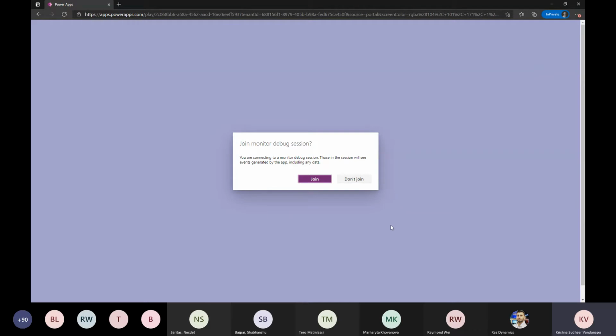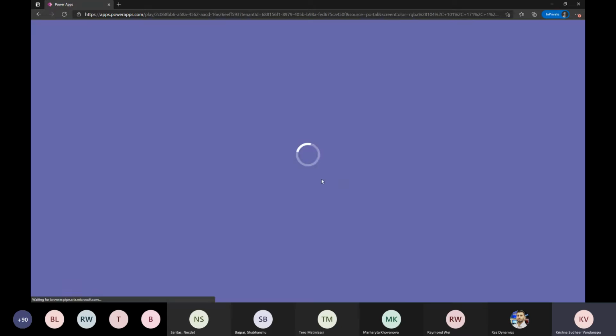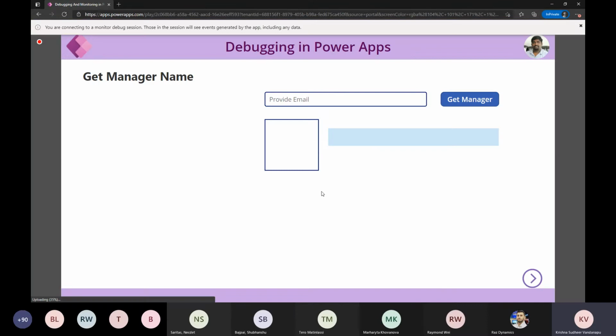Ron is also participating at the same time where Krishna is performing and my end user is performing. Now, when I click on join, it clearly shows that, hey, you are joining a session where the events are getting logged. Are you sure you want to join? When I click on join, it adds Krishna also onto the same session where Shravani,